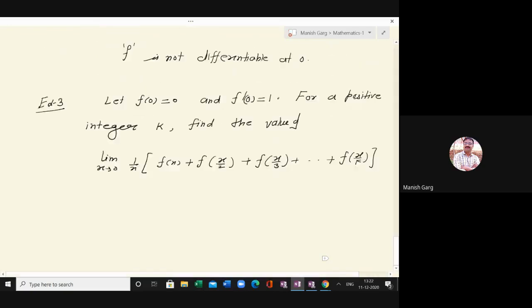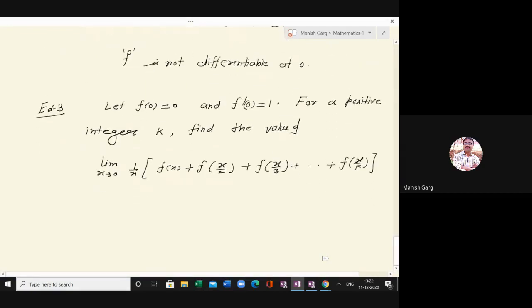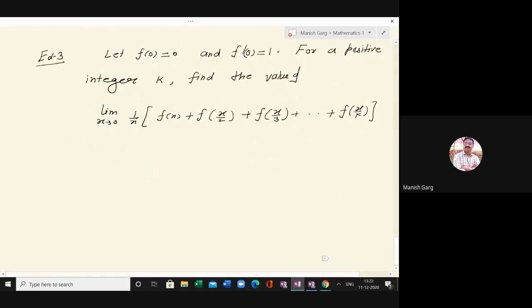Here, coming to the point, this question was this. Two things are given: the value of f at 0, and the first derivative at 0, f dash 0. He is saying find the value of this. The idea is you need to calculate f0 and f dash 0. So what I am doing: